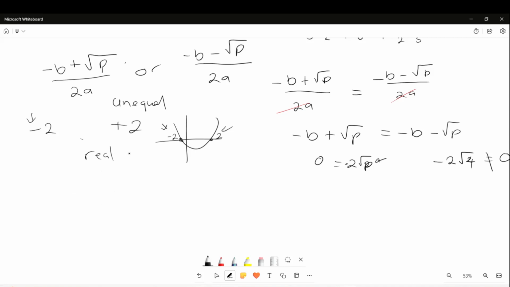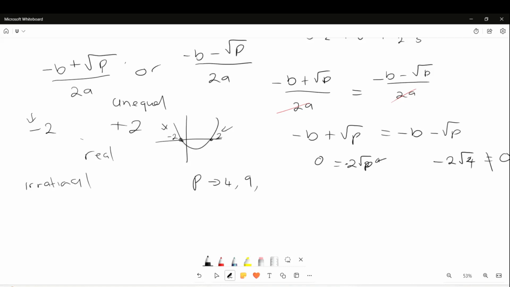Now, if you notice something here, it depends. If you ask me whether the roots are rational or irrational, well, it depends on what the value of p is. If p is a perfect square, meaning I'm talking about 4, 9, all the perfect squares,